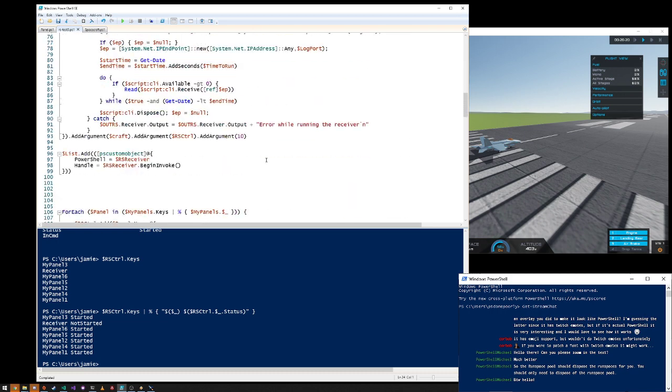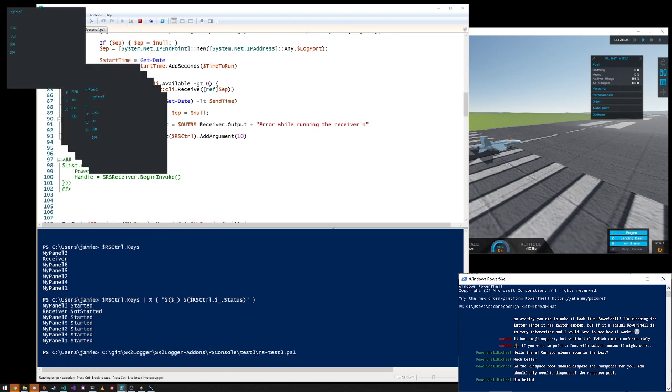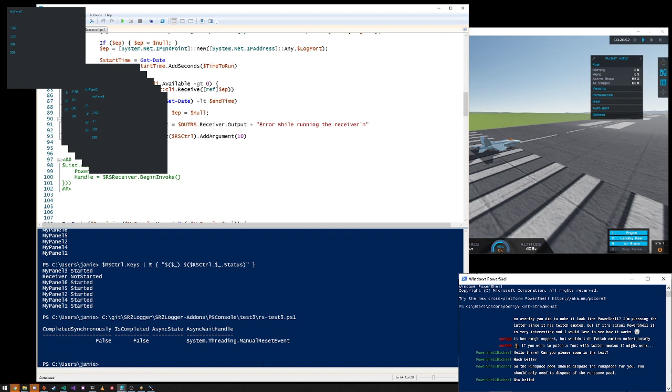So add script. Okay, so I think we just have to begin invoke. We can just add this here. And I think we can ignore this bit. We'll just exclude it from the list. Let's try this again. Okay, so is completed. Okay, so that's good, because this is completed false. This is telling us that our